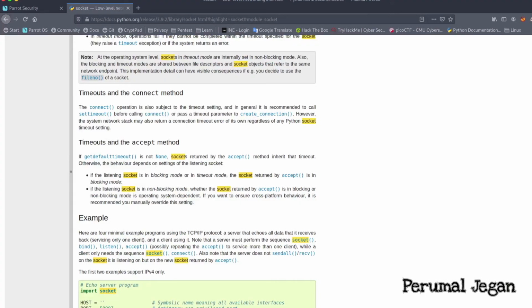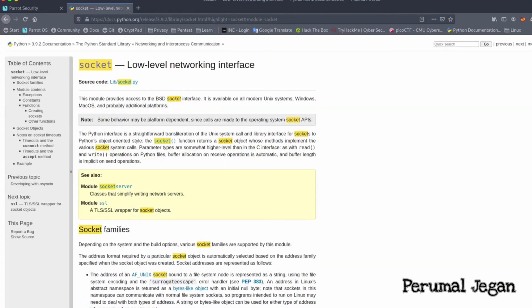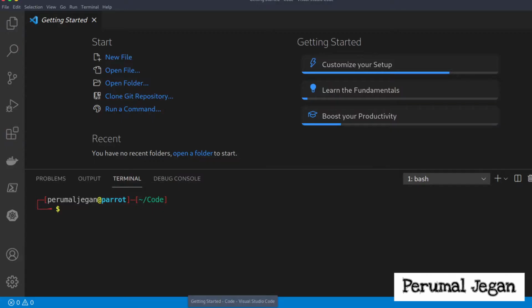Okay, now we have gone through the socket module. In order to write your own program, you would require an integrated development environment program. I mean a simple application to write your program. For that, I'm using Visual Studio Code, created by Microsoft, an excellent application you can use to create your code.